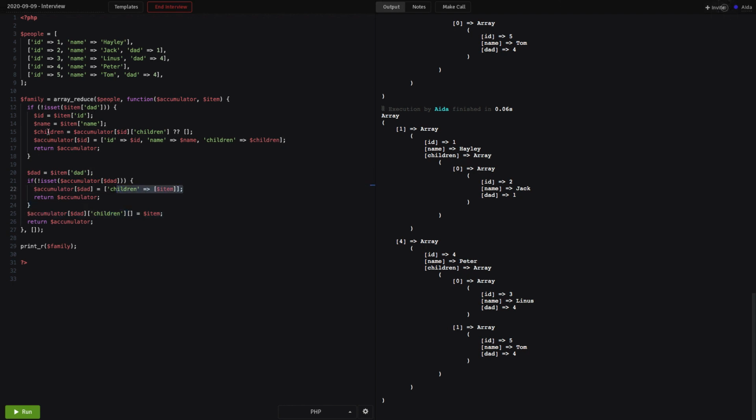This accumulator is being created over here for whenever we reach a child for the first time whose dad doesn't exist. This one for whenever we reach a child whose dad exists. And you see we add the next child to an empty array. So we have the children key, which is this one. We have the children key already created. Over here we are creating the children key,